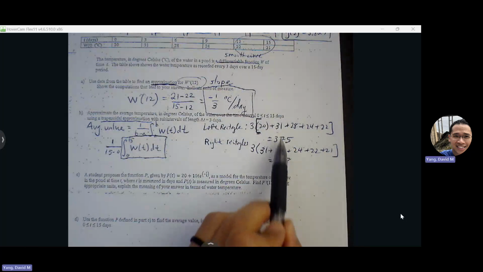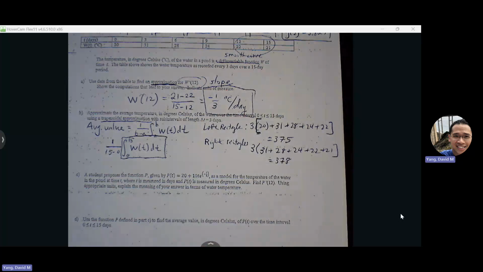And then we're just going to average between the left and right, and that's going to be our trapezoid. So 375 plus 378,